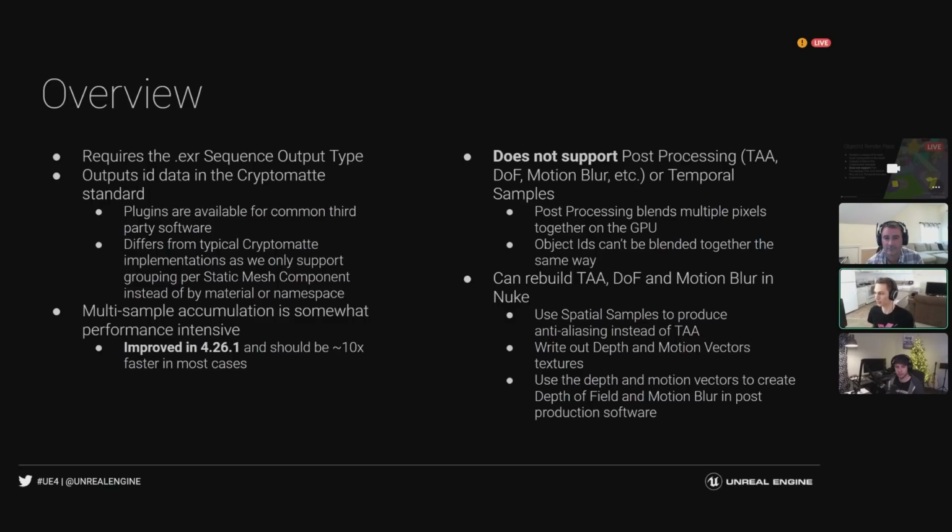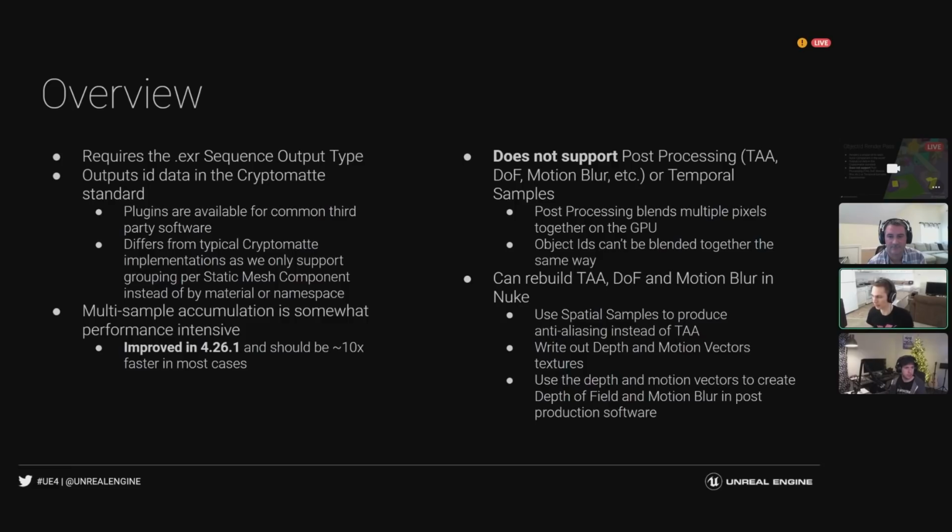As we said earlier, again, no post-processing support. The reason we don't support it is that these post-processing operations happen on the GPU, and they're blending multiple pixels together as colors. So, red plus blue makes, I don't know my color wheel, purple. That's how all the post-processing effects work. If you try to blend object IDs, it would not produce the same results because while we render them as colors, they actually have specific meaning. And when you blur those colors together, it produces a different meaning that's no longer valid.